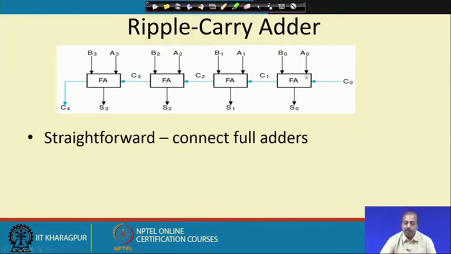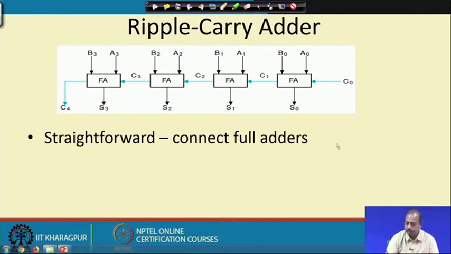Now, if you have to add a number of bits, if the word size of individual numbers is more, say 4-bit numbers, then what we can do? We can connect these full adders in a cascaded fashion. So, this C0 is the carry in for the first adder. It may be that there is no carry for the addition. So, basically I am interested in doing this addition,